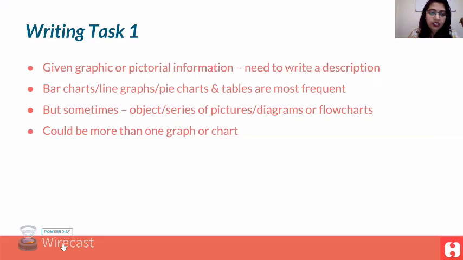This task would particularly have bar charts, line graphs, pie charts and tables, which would be asked frequently. Your vocabulary should revolve around how bar graphs and line graphs work. But sometimes there are objects, series, pictures, diagrams, and flowcharts. You might have flowcharts, you might get diagrams. There can be a series of pictures on which your question is asked. There can be 1 or 2 graphs wherein you would need to compare between these 2 graphs. So make sure that your aptness in vocabulary catches up with the answer in the